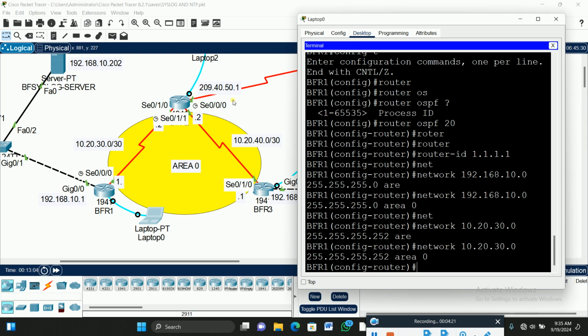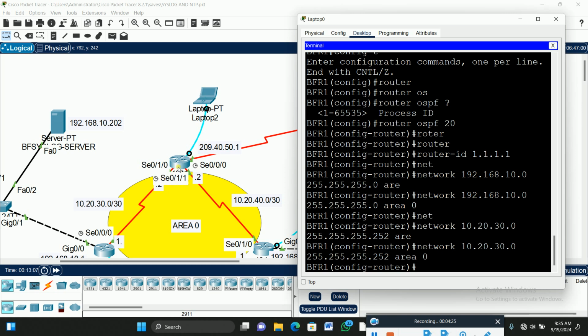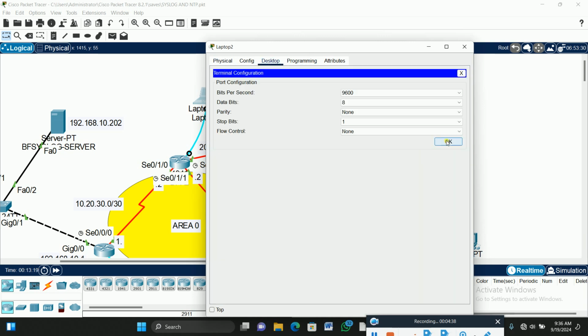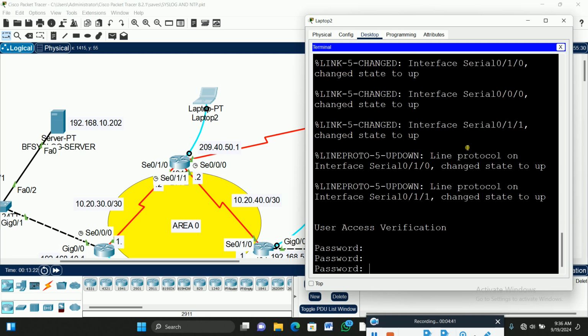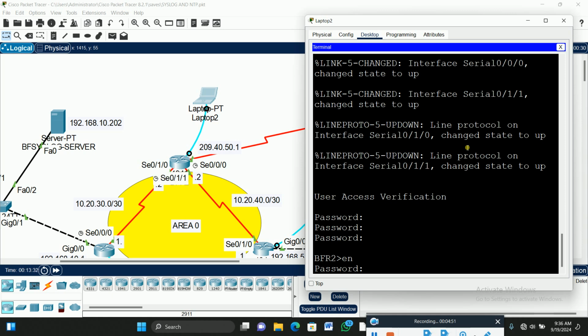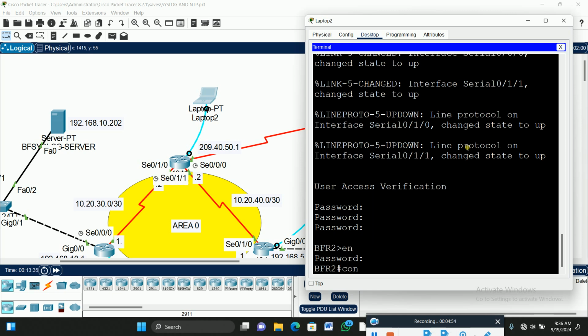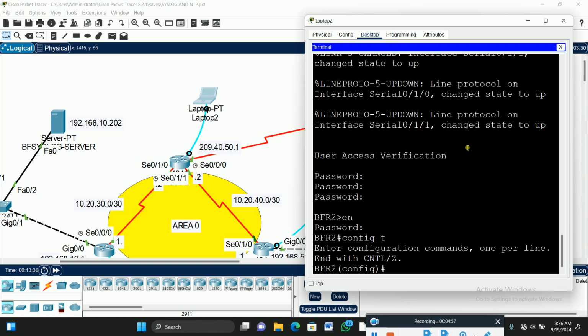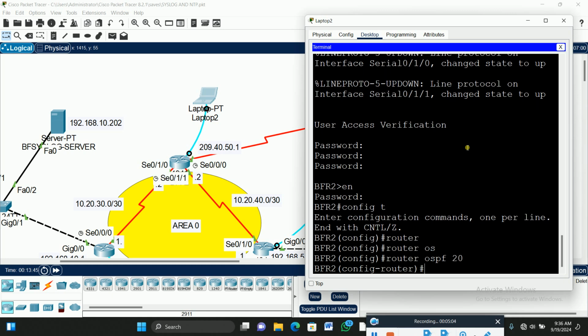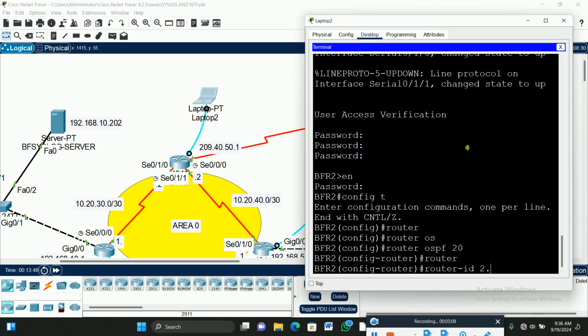So I have to go to BFR2, which is the top one. This R2 is going to bear at least three networks. Okay, so now let me just go straight and start configuring it. Go to terminal, click on it. Okay, the password. Config. Then we type the router OSPF 20, router ID 2.2.2.2,